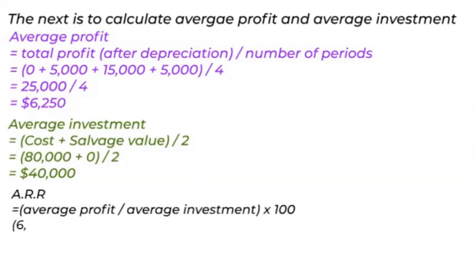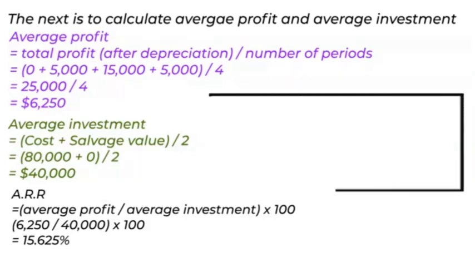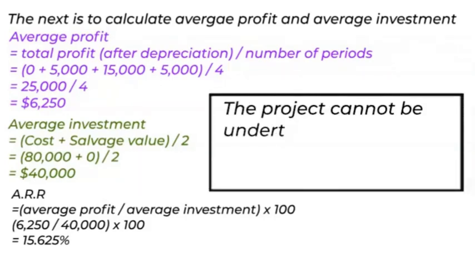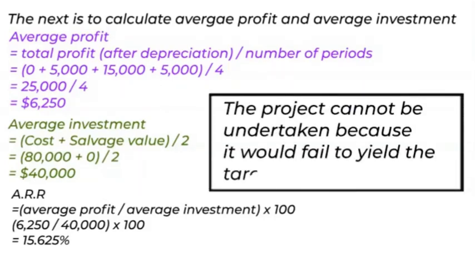As a result of these calculations, the ARR, which is average profit over average investment times 100, will now be 6,250 divided by 40,000 times 100 over 1. That gives us 15.625%. The project cannot be undertaken because it would fail to yield the target ARR of 20% set by the